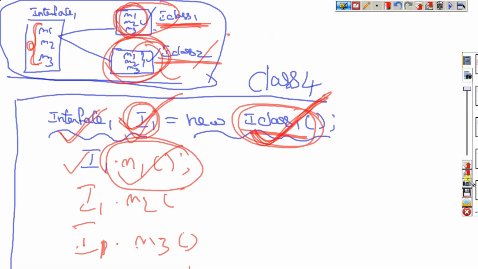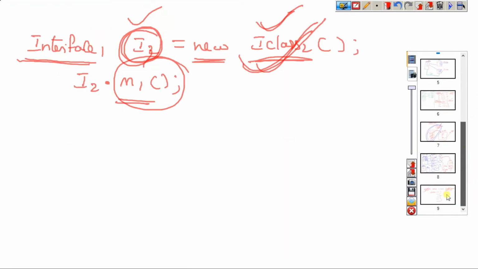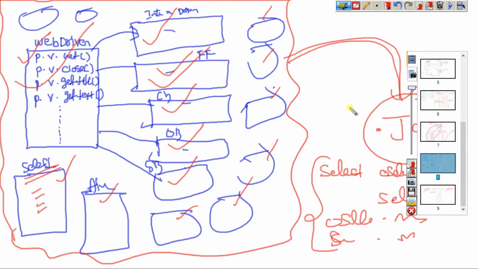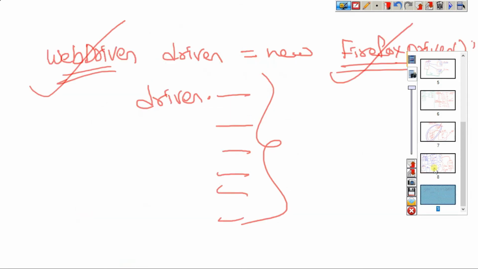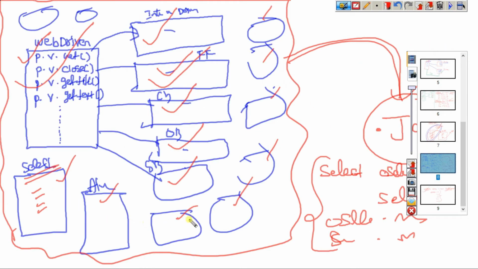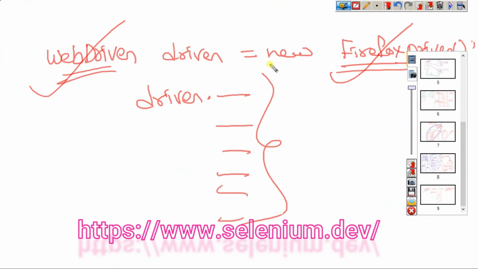Yes guys, understood what I am telling? So this is related to WebDriver only, and we are downloading this one. Are you clear? Now if you want to access methods from the class onwards, from interface to method, this is the syntax we need to follow, and we can call the methods. We can convert our manual test case to an automation test script. That is what I have been telling from the first day.